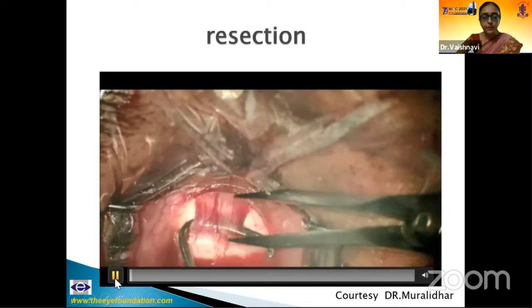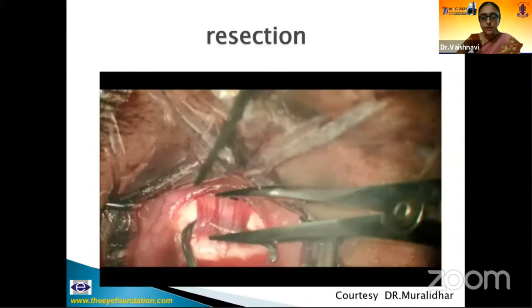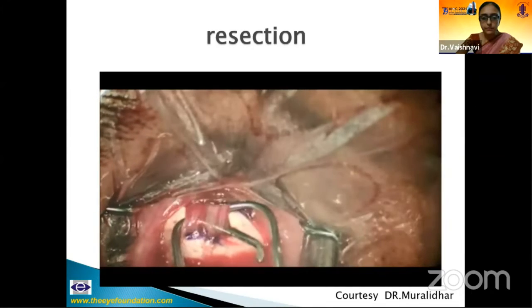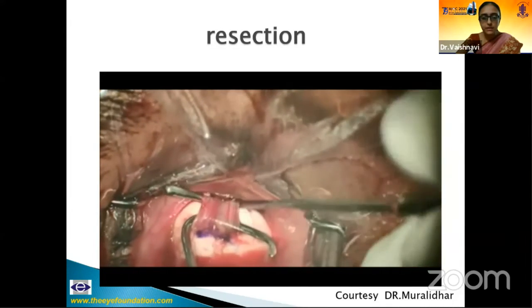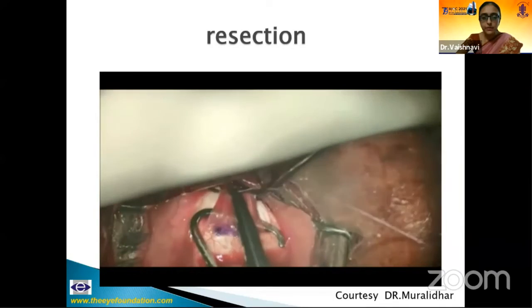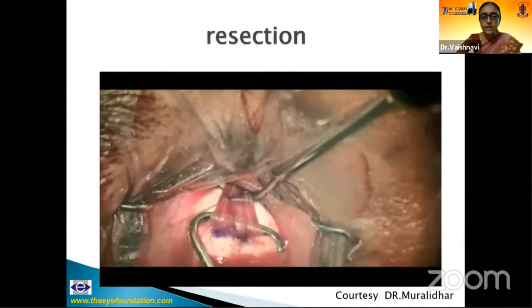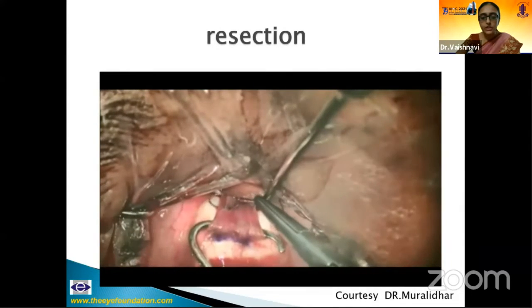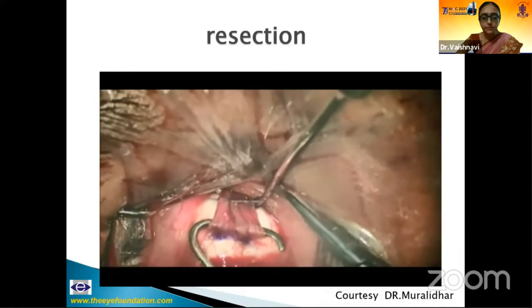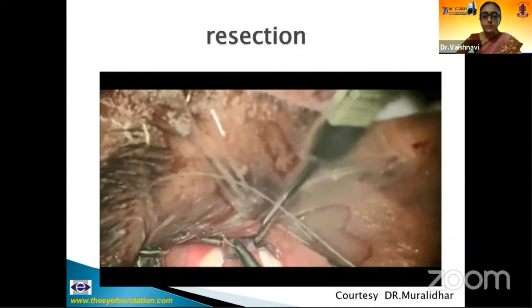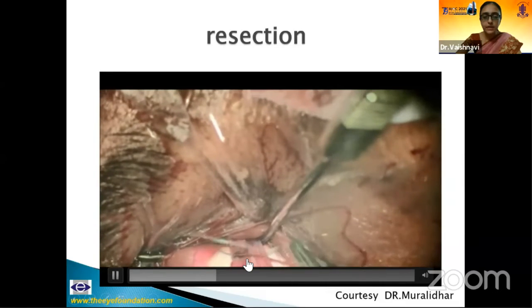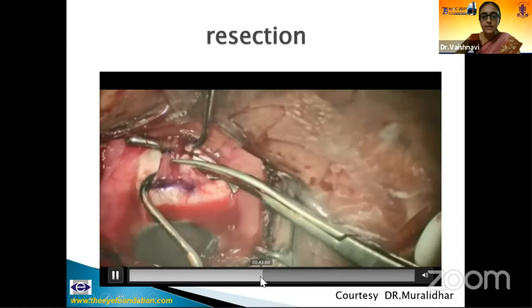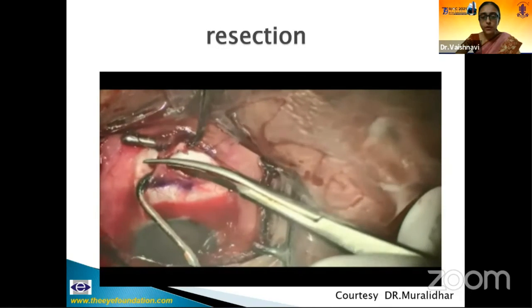Next, coming to resection. The measurement of resection is made with the calipers, ensuring that the muscle is not stretched during the marking. Then the second hook is passed. Make sure you don't stretch the muscle too much. Then two double-armed 6-0 Vicryl sutures are passed full thickness in interlocking fashion to hold the muscle. This is repeated on the other side in the reverse direction. Then the muscle is cut carefully, leaving a stump of around 0.5 millimeters.